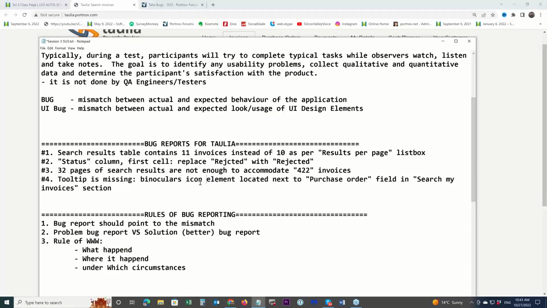Binocular icon next to the purchase order text field. Okay.